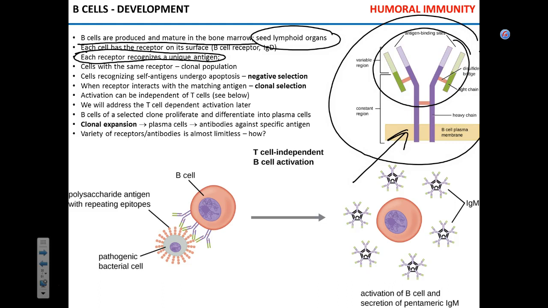Now, cells that have the same receptor are called a clonal population. They are essentially identical. They're called a B cell clone. Is that clear? Do you understand the idea of a B cell clone? So all B cells in a clone will be able to recognize the same antigen, and only this antigen. Now, before cells are ready to seed the lymphoid organs, they have to go through so-called